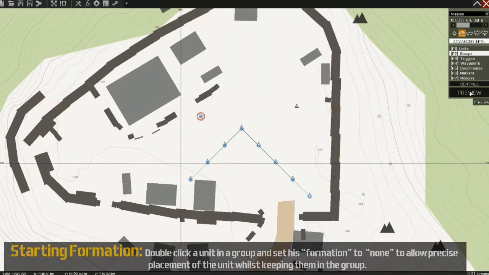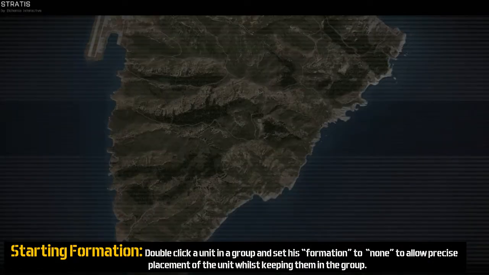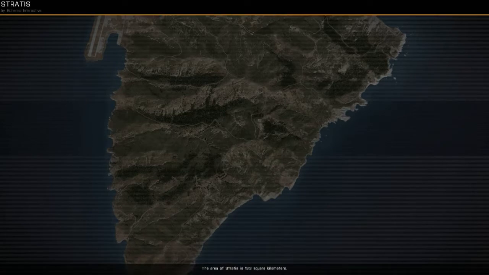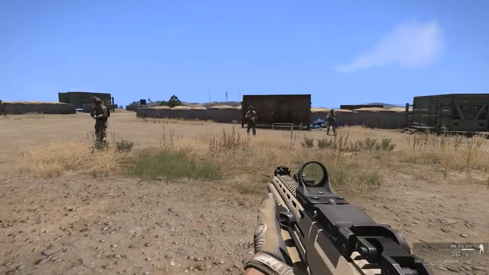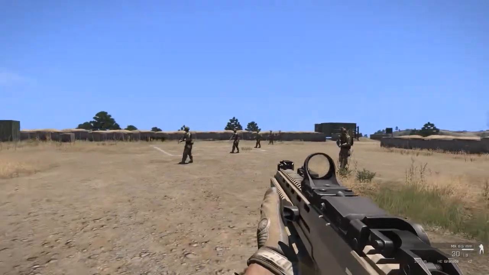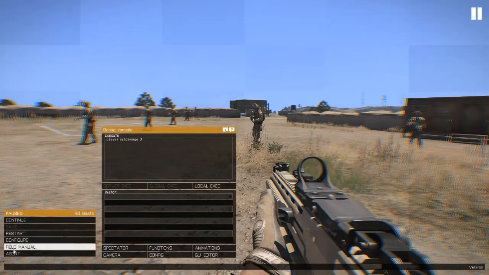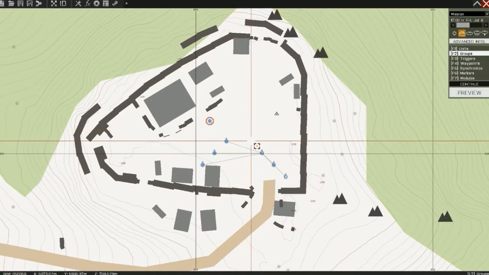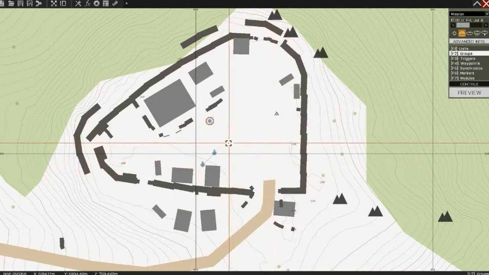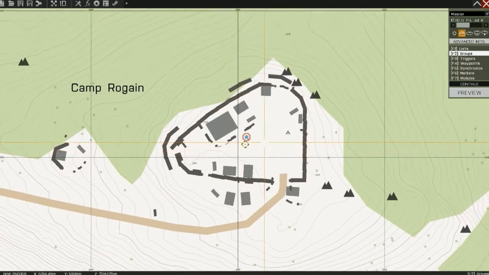So if we click preview, because we're still here, you should now see these units in game where you just placed them. And there they are, directly in formation, just like you saw in editor. So we'll go out and we'll delete these. And we're back to square one. Okay, now